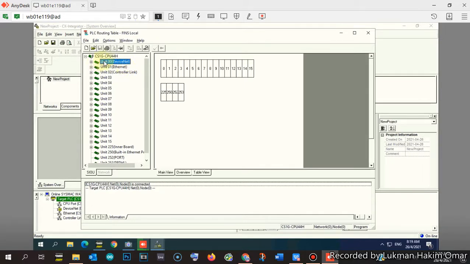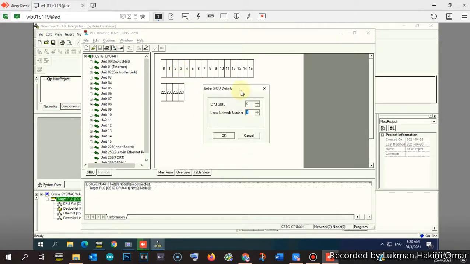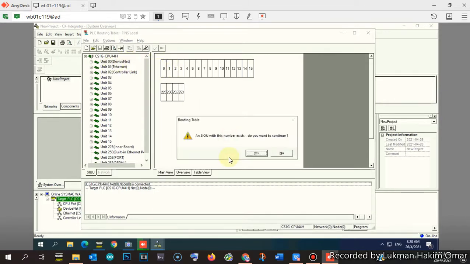So we go to unit 0, we click unit 0, and here we click on the box with the label number 0. Right-click and select Insert CPU SIOU. We have to assign local network number 1 for this DeviceNet module. So we just click OK.